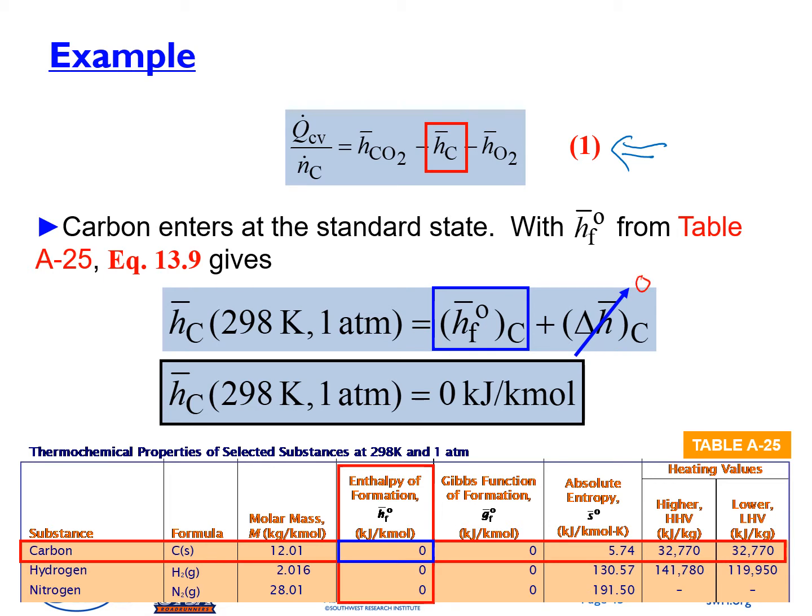Okay, and then the enthalpy of formation for carbon can be obtained from table A-25. The screenshot of this table A-25 can be seen at the bottom of this slide. So we have carbon here, and the enthalpy of formation for carbon is 0. So it means hC for carbon is 0, because its h-f is 0, and delta h is also 0. Okay, so next one